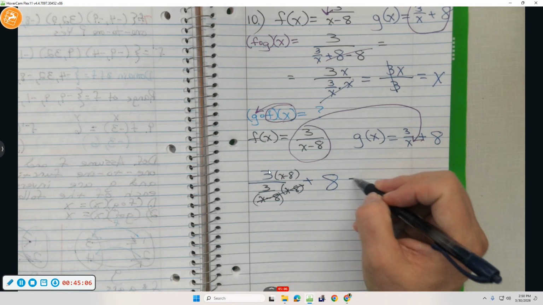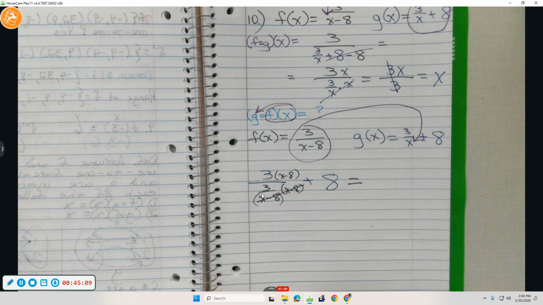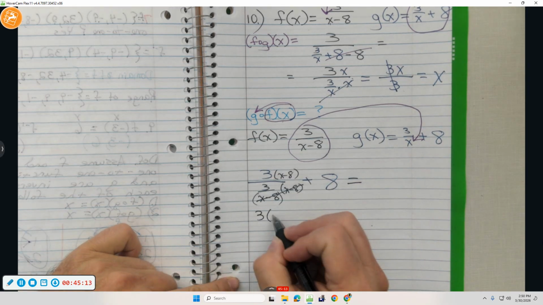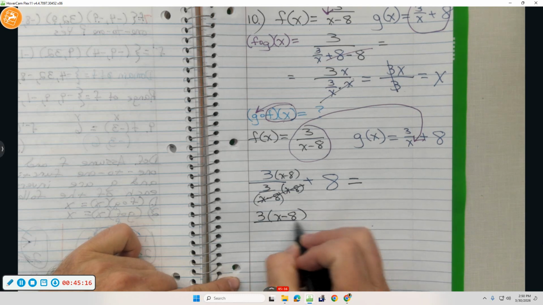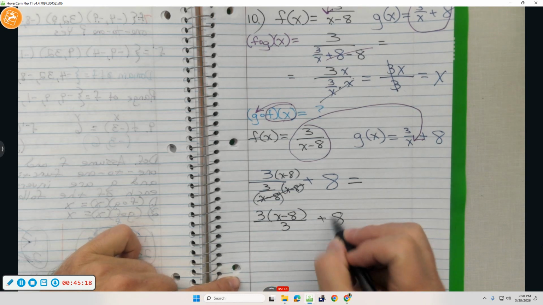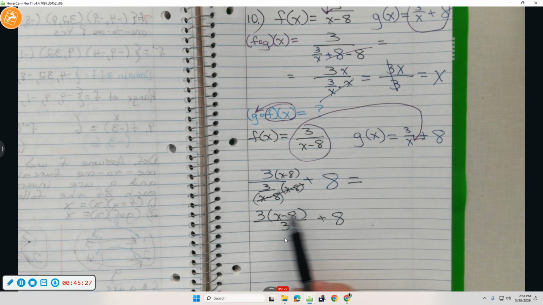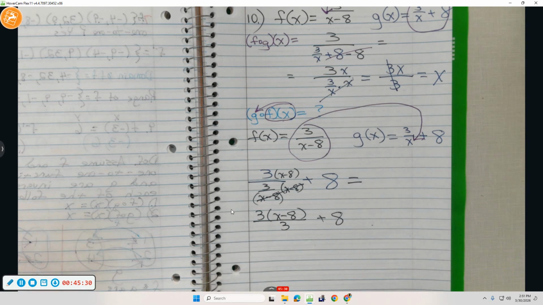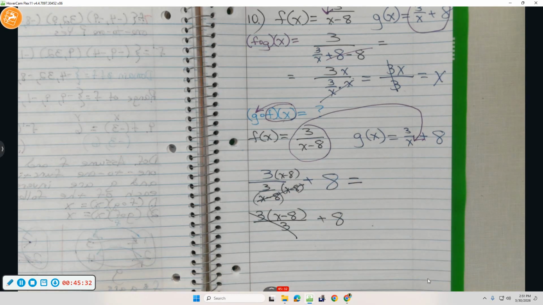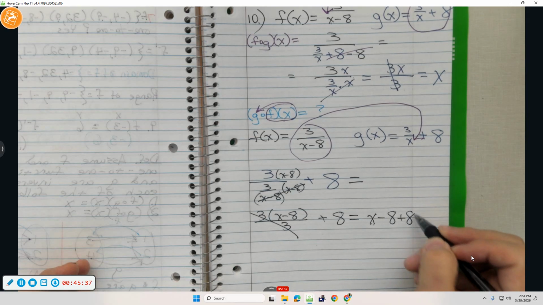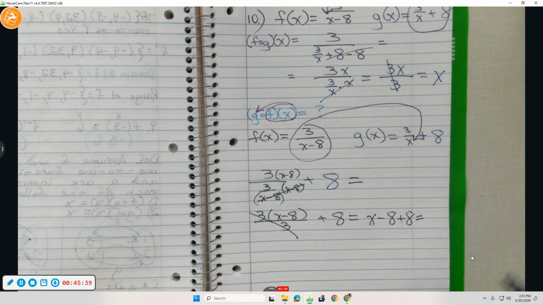Can you cancel the 3's now? Yes, you could cancel the 3's. I'm going to rewrite it for a moment, just to show. Don't decide to distribute through the 3. Remember, you need the stuff in factored form if you're canceling. Here, it's in a factored form. You have it as a product on top. So you can cancel the 3's, and that leaves us an x minus 8 plus 8, which reduces just to